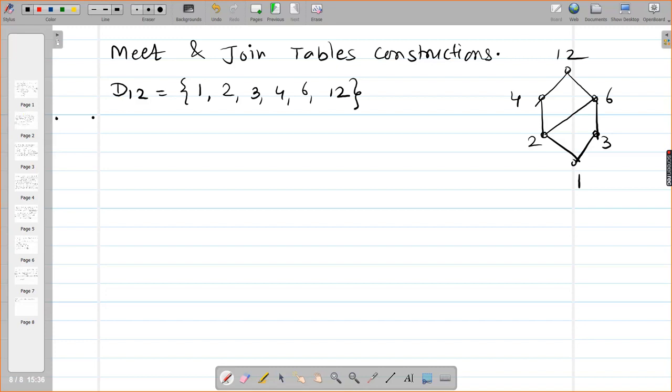Now this is D12. I just want to define, earlier in some lecture I wanted to define atom, but I told you not everyone does. Covered by, we did that. Which is the least element here? Tell me. Which is the least element of D12, and which is the greatest element?